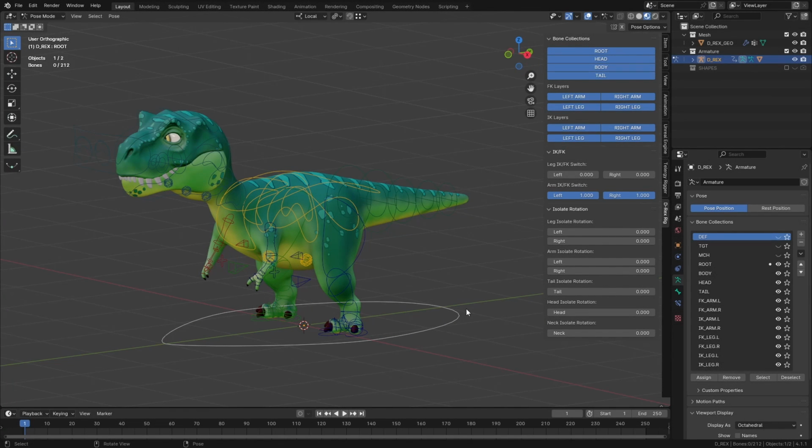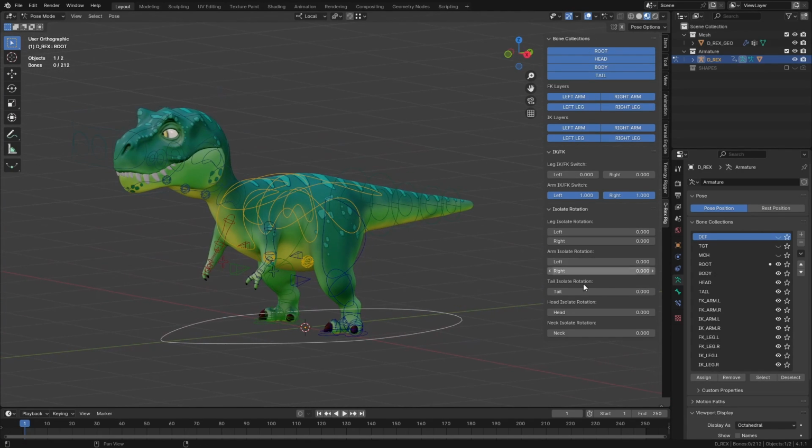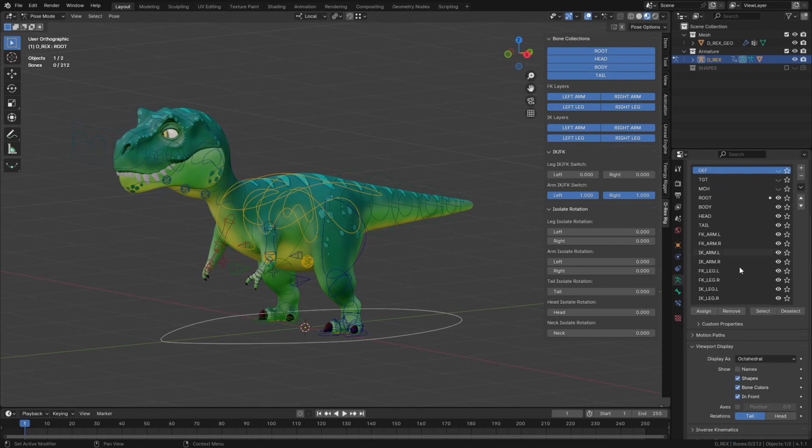Hello there, in this video we are going to start the tutorial series to create your own custom panel for your rigs. And basically what you are seeing right now is what you are going to get in the end. So we're gonna have this panel for bone collection, so you can hide the collections of bones that you already have set up,